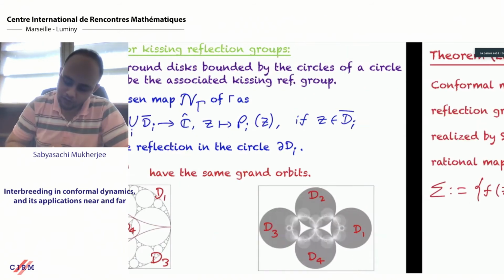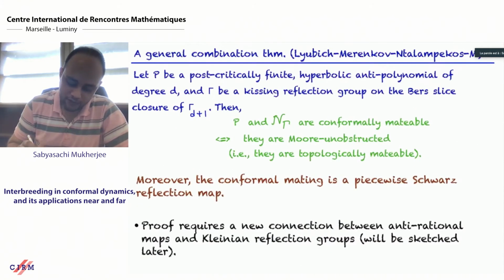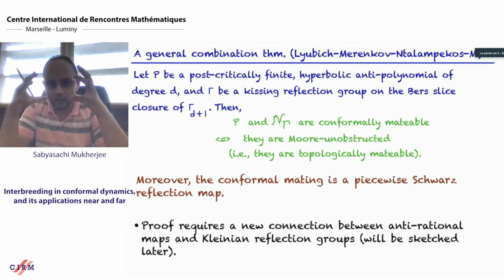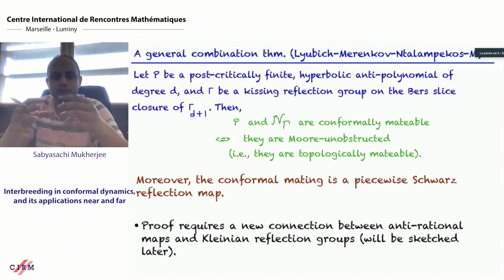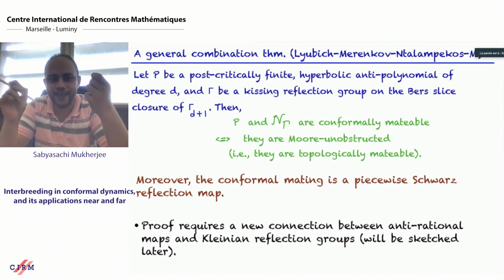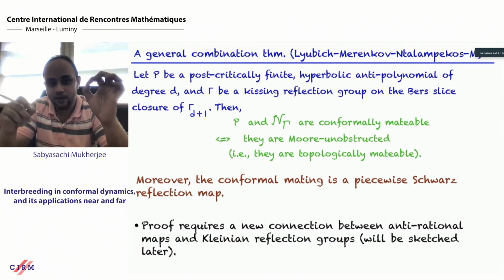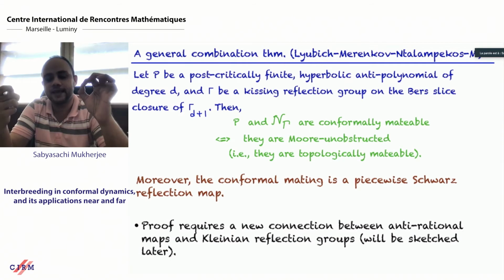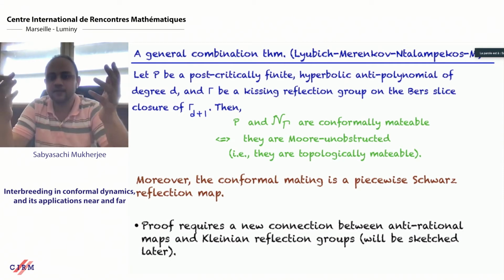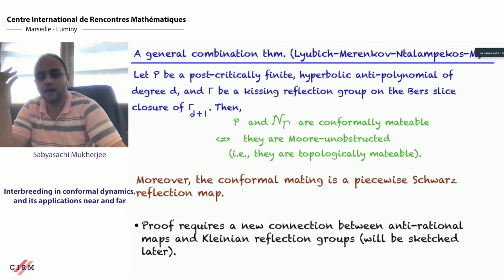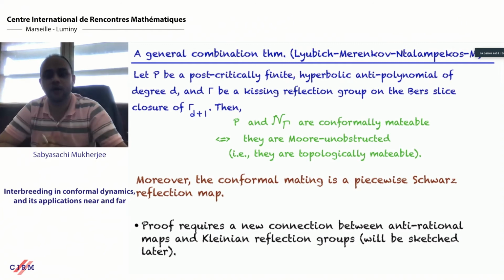And when you glue the filled Julia set of P with the filled limit set of gamma, you glue them via this particular topological conjugation. If this topological conjugation is H, let's say, then you glue the point with external address T with the point with external address H of -T. And then the whole thing makes sense. You may or may not get a topological sphere, but if you get a topological sphere, then you have a partially defined dynamical system on it for free.